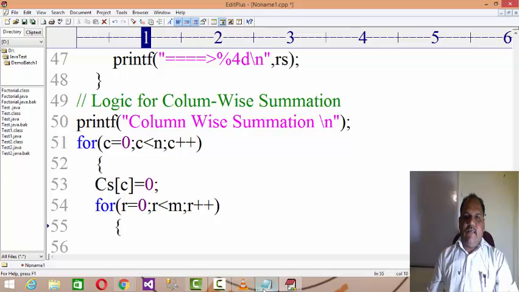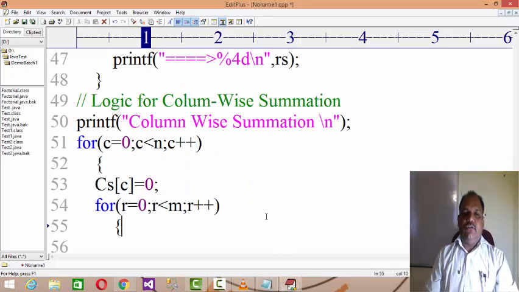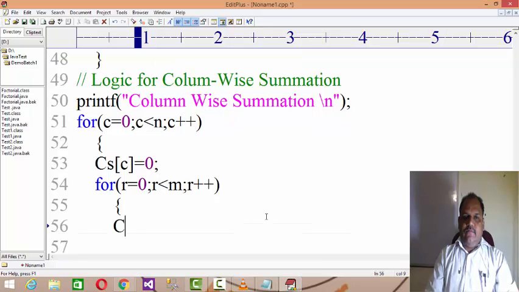Because here in this case the column elements you have to add, that is 1, 4, 7, right? So for one column row has to iterate. Earlier for one row column were iterating, so that is called row wise measure. The logic is called column wise measure, meaning keeping one column constant, row coordinates are incrementing. So for r equal to 0, r less than m, r plus plus, CS of c equals to